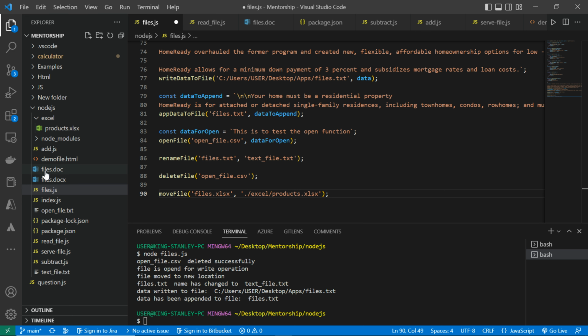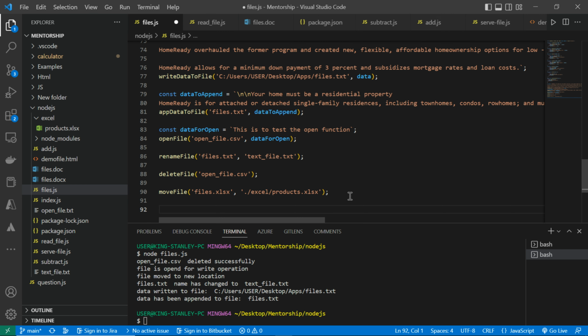Yes, we have files.doc. So let's copy from that, copy file to another. So we are copying files.doc. Then we want to copy to file copy